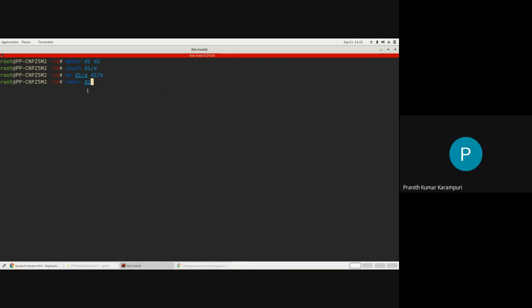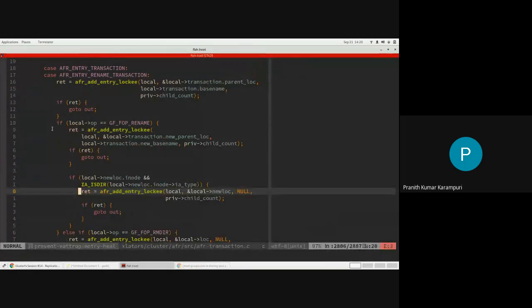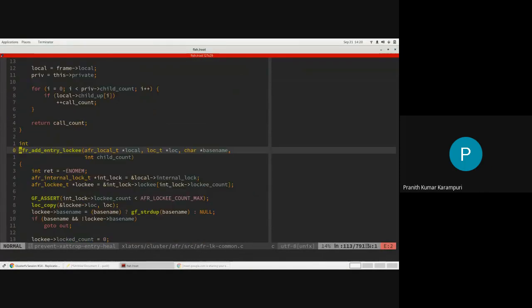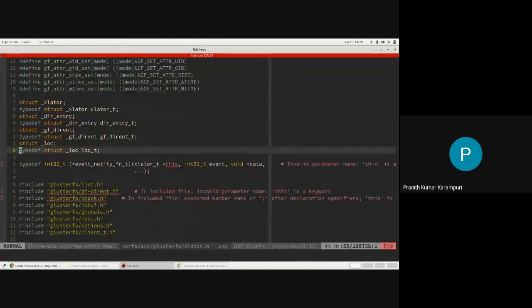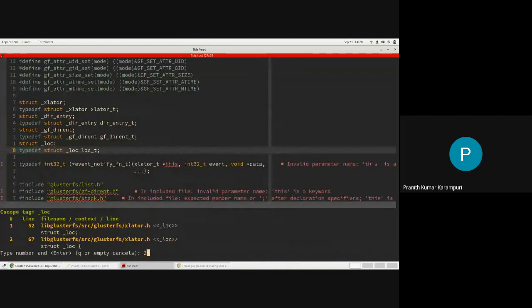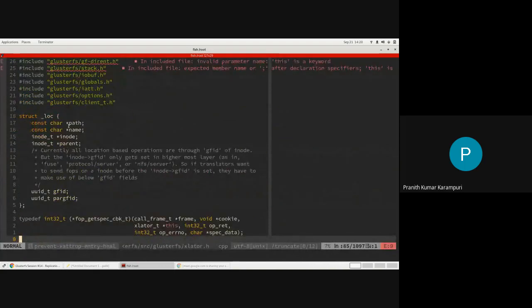Okay, all right. So now let's see that same part in code. These are all your operations on location. I don't know if you guys remember this one. So location basically has, this is just for debugging purposes mostly, the name and the inode and the parent directory.